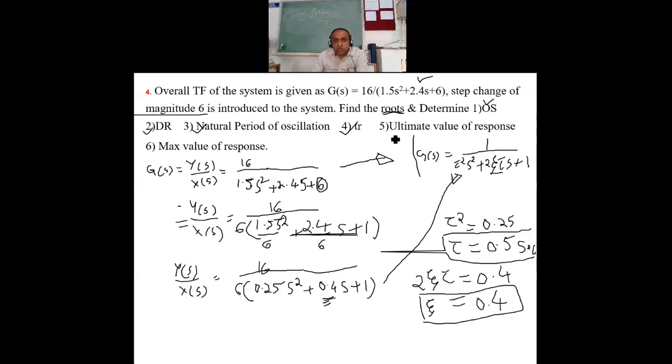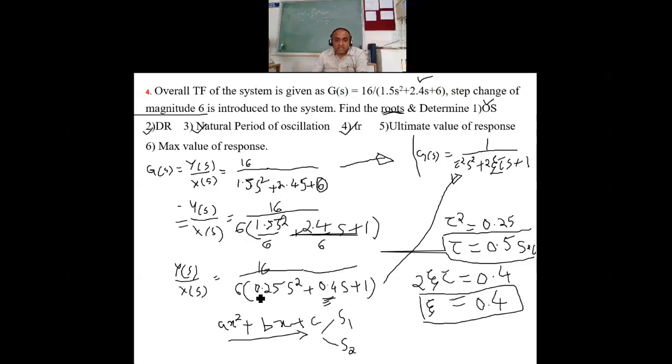So the roots are also asked. What you can do is, this quadratic form, you can find the roots of that. It's like quadratic ax square plus bx plus c. So with this formula, try to find the two roots, that is s1, and see that you get the root s2. Can you do that?